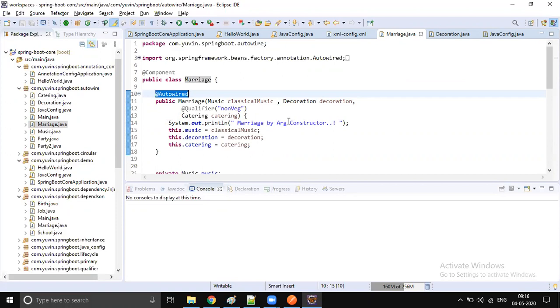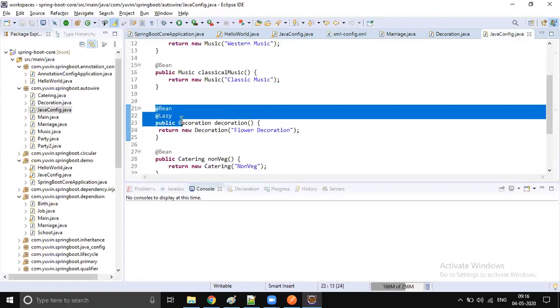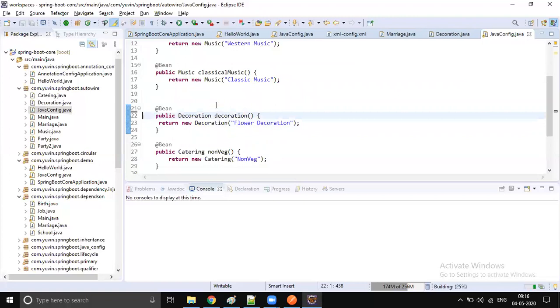Anyway, we don't use that in real-time projects. Just for your idea, I'm telling you. In most cases you don't do that. That's why in most projects you might never see this lazy. Persons who worked on any Spring project have never seen this kind of lazy, because most of the time we don't prefer it.